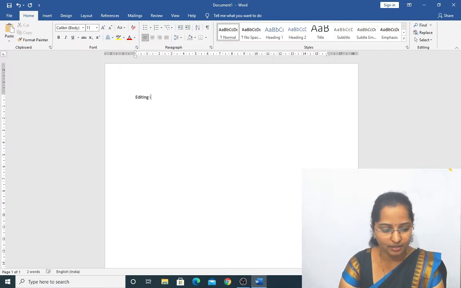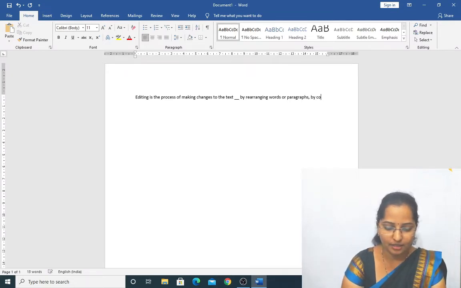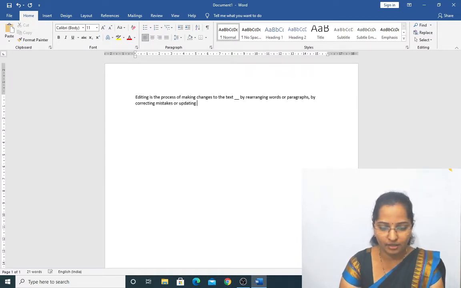Editing is the process of making changes to the text by rearranging the words or paragraphs, by correcting mistakes or updating the text.